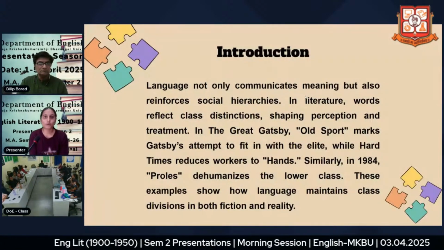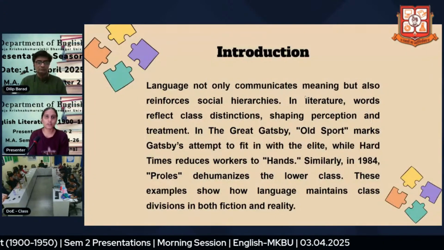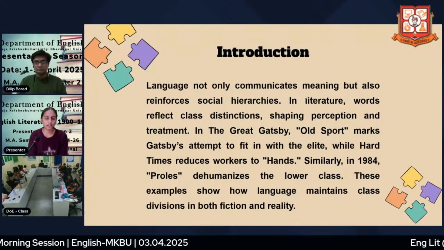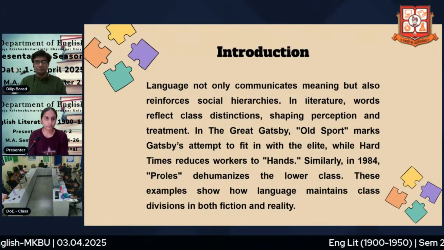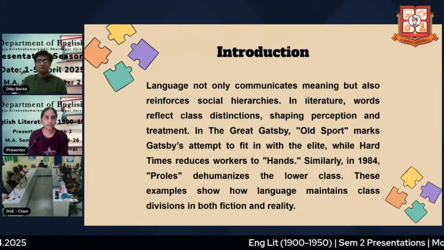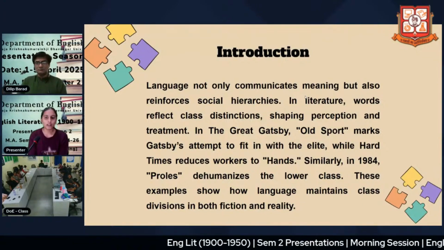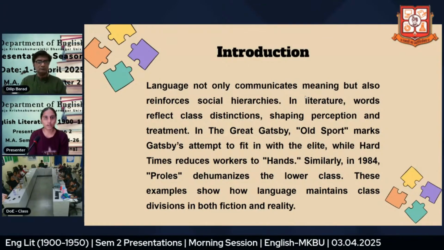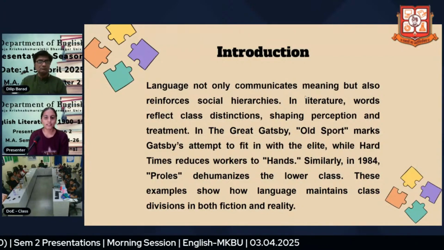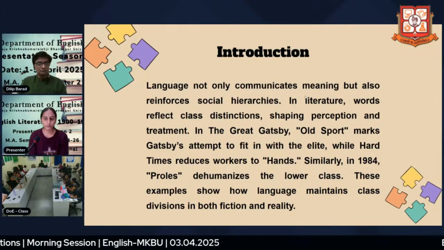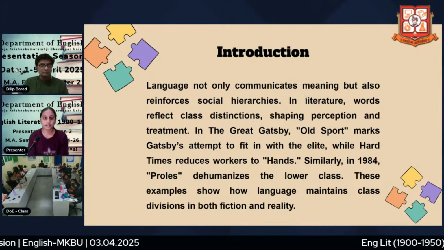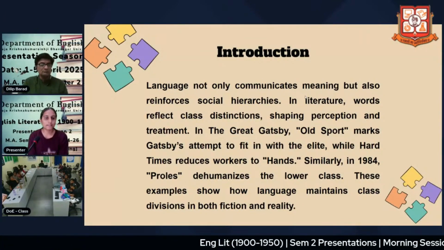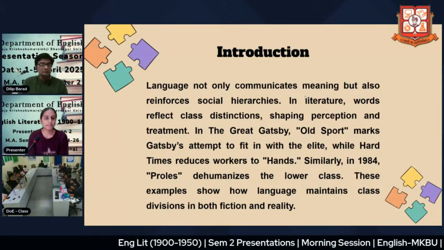As we all know, we find class division in the stories of the Mahabharata and Ramayana, where there were four class divisions, like Kshatriya, Brahmin and Shudra. In the same way, today we also have two classes according to money status, the elite class and the lower class. So in literature, words reflect these class divisions.